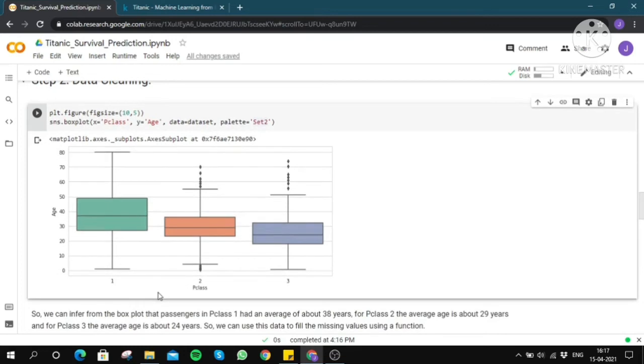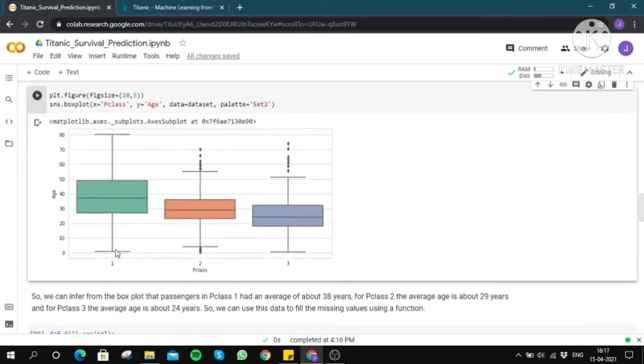As you can see from the box plot, the people in passenger class 1 had an average age of about 38 years. Passenger class 2 had an average age of about 29 years, and passenger class 3 had an average age of about 24 years.